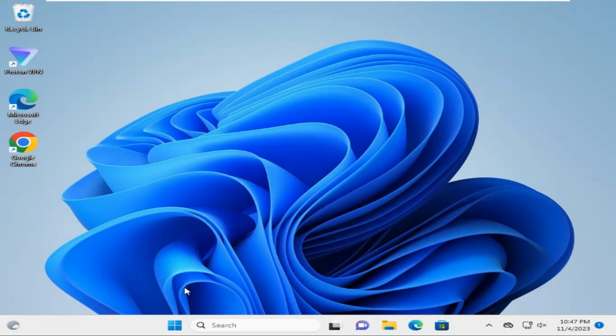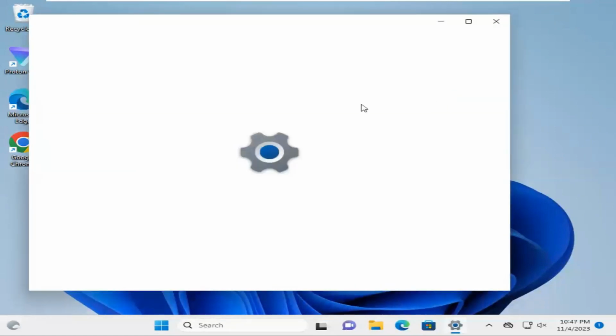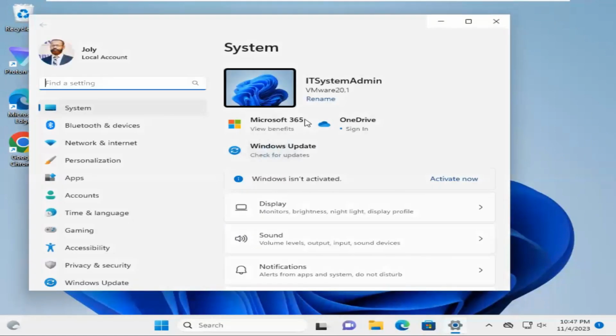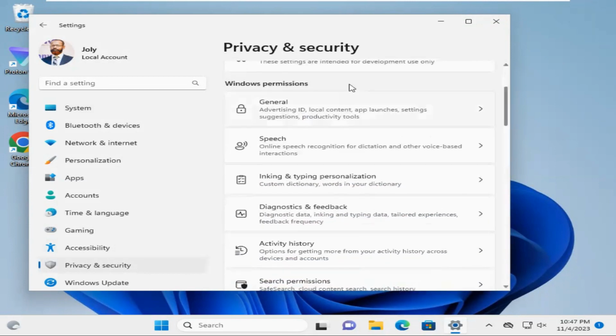Click on Start menu. Click on Settings. Now click on Privacy and Security, and now scroll down. Under Windows Permissions, you will find Activity History. Click on Activity History,